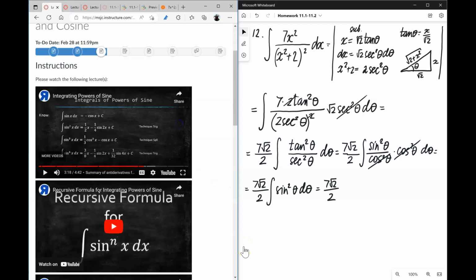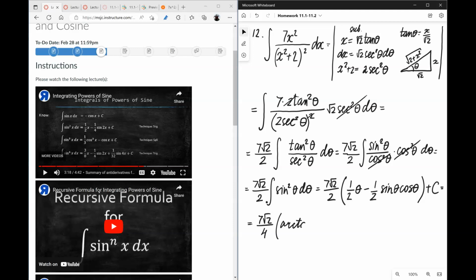So integral of sine squared is just 1/2 of theta minus, and instead of sine of 2x, I'm going to write it 2 sine x cosine x using the double angle identity. So it's going to be 1/2 of sine theta cosine theta plus c, and the last step will be to take out the 2, and instead of theta we're going to write arc tan of x over radical 2,